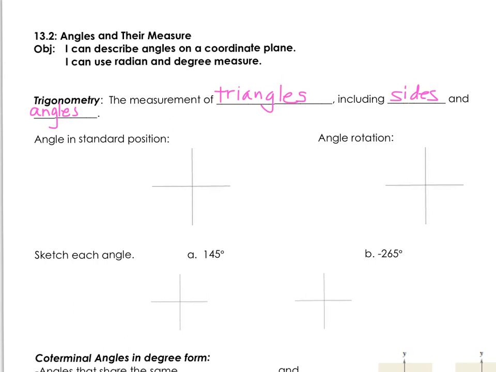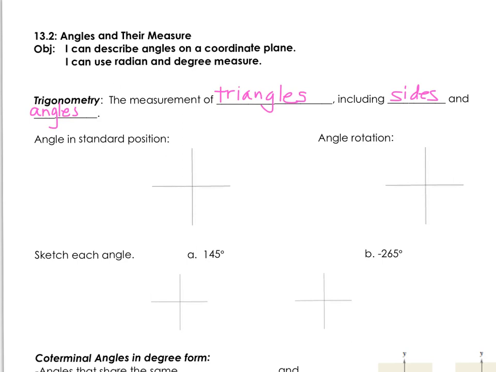Lesson 13.2, Angles and their measure. The definition of trigonometry is the measurement of triangles, including sides and angles. Our focus for the rest of this chapter will be angle location. We're going to take a look at creating angles in any one of the four quadrants on a graph by